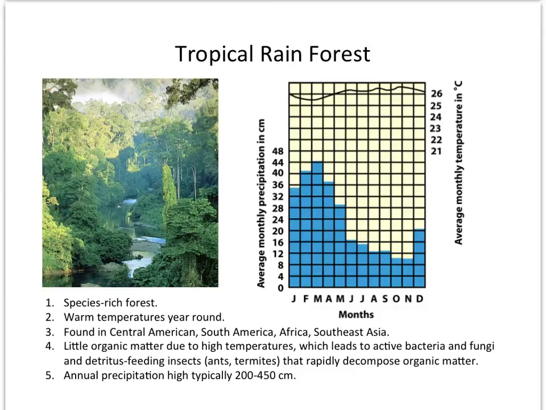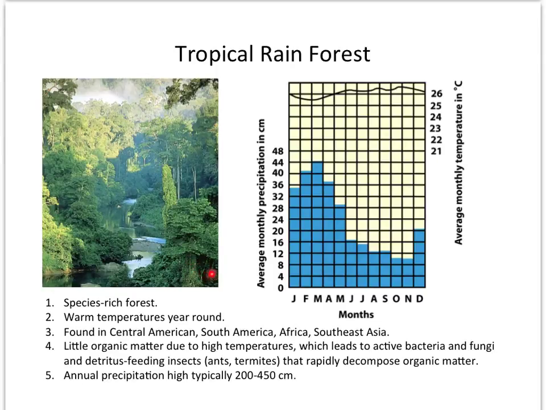A fully developed rainforest also has 3 plant layers. They have this emergent layer that's at the top, and these trees are about 50 meters tall. Below that, you have a canopy layer of trees that are about 30 to 40 meters high, and then below that you have the forest understory. This area down here is only receiving about 2 to 3% of the sunlight that reaches the upper levels of the canopy and the emergent zone.